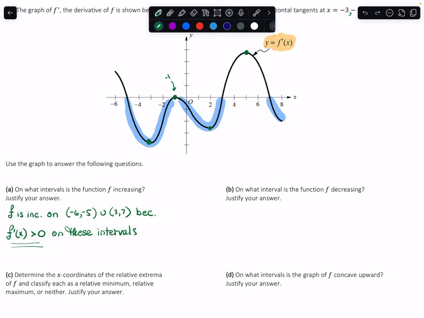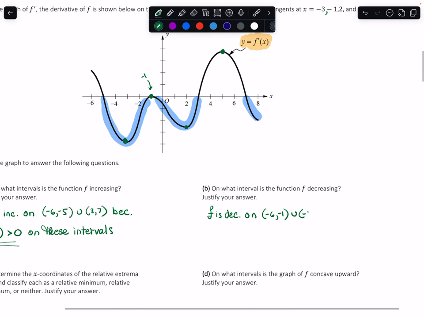It's a small but important thing that can cause a whole loss of point on a free response question. So I'm going to say, my cookie cutter responses here. F is decreasing on, so that would be from -6 over to -1. I'm going to stop at -1 in union, but I'm going to pick up at -1. So you kind of think of this as unioning around -1. And I have to go up to 3, union again, and then it's that last piece at the end from